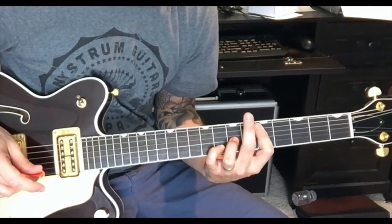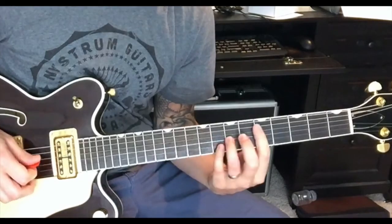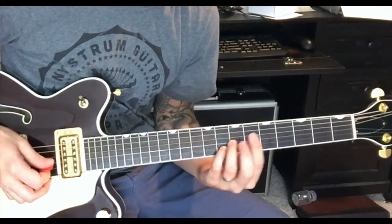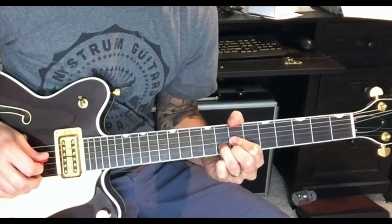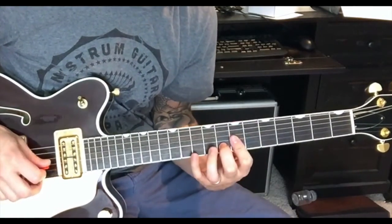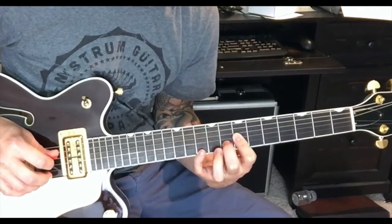Expand this to here. Okay, so we go from here to here, which is like a D. To expand from there, it's... So we started...